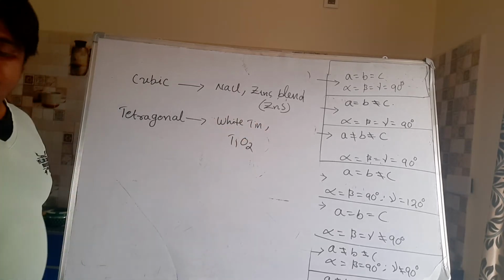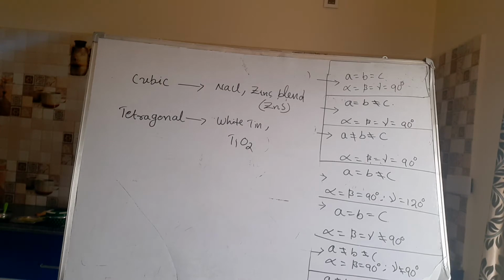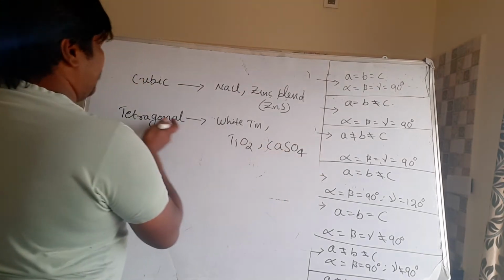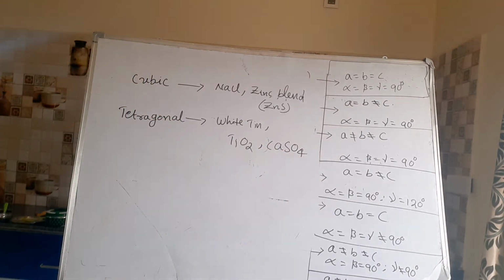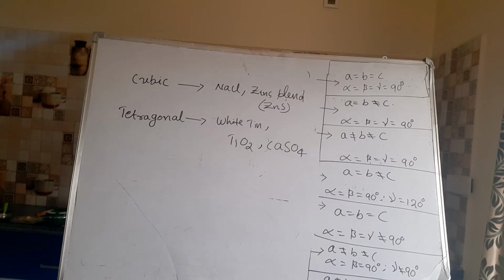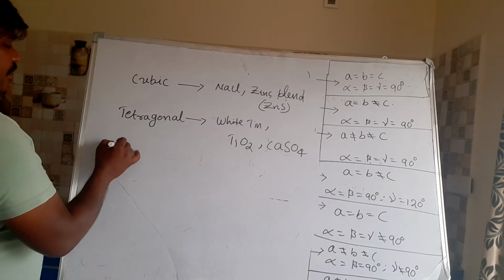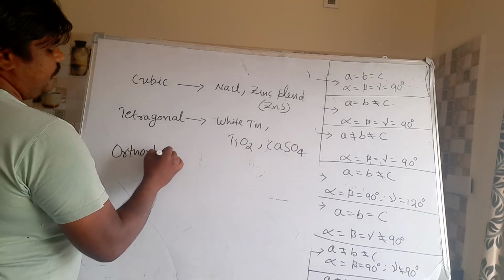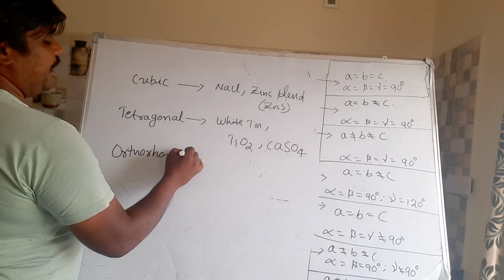This is also an example of tetragonal, and CaSO4 is also an example of the tetragonal crystal system. And orthorhombic examples are